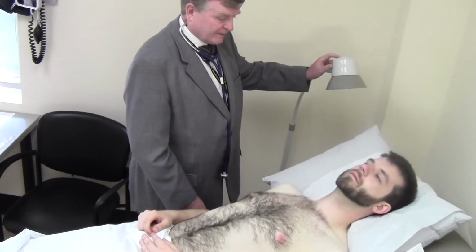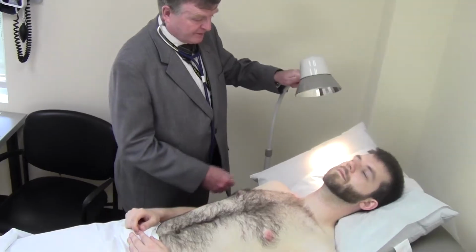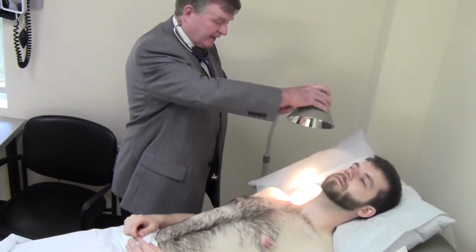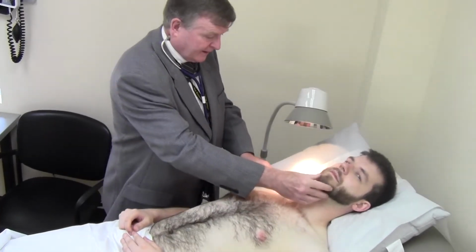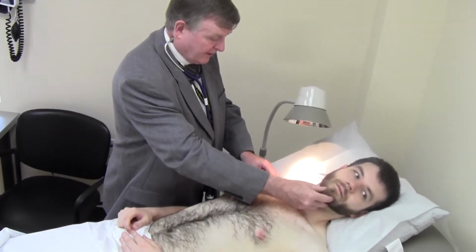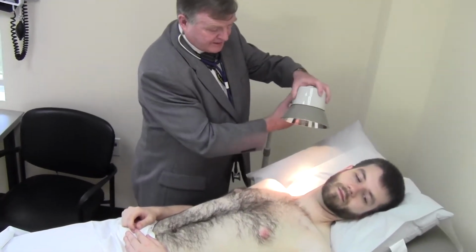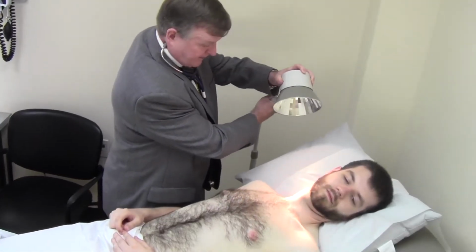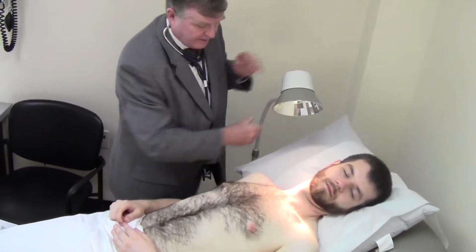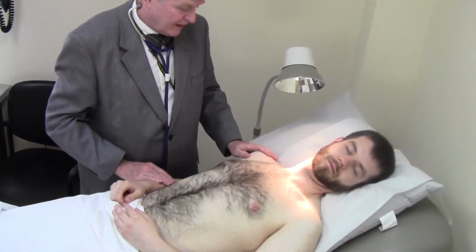For this, I'm going to apply some tangential lighting. I have Todd at approximately 30 degrees inclination on the bed, and I'm going to ask him to turn his head slightly to the left and just down a fraction. I'm looking for pulsations in the neck around the area of the sternocleidomastoid muscle. I'm going to get my light into a comfortable position, and I'm looking along this area for any evidence of